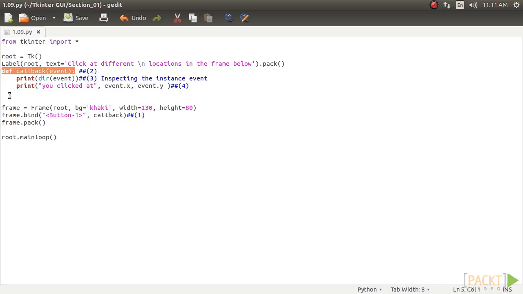We inspect the event object by using dir(event), which returns a sorted list of attribute names for the event object passed to it. This prints the following list. From the attributes generated by the object, we use two attributes, event.x and event.y, to print the coordinates of the point of click. When you run this code,